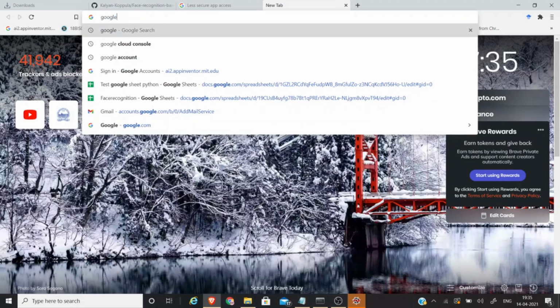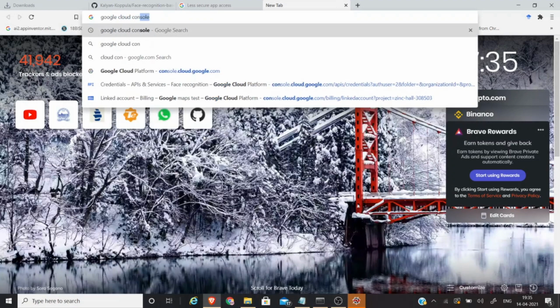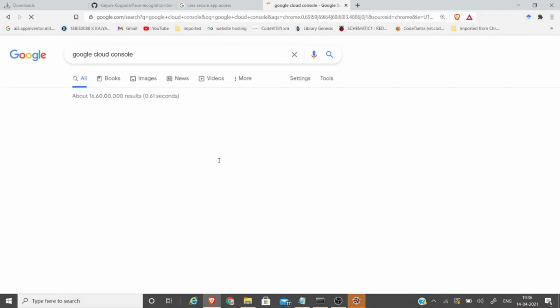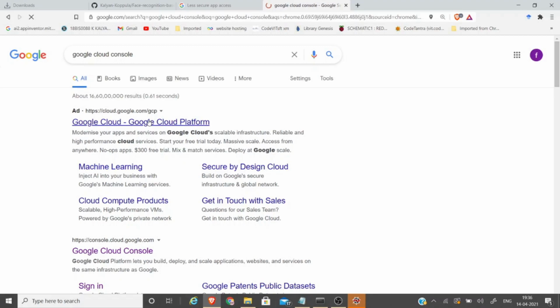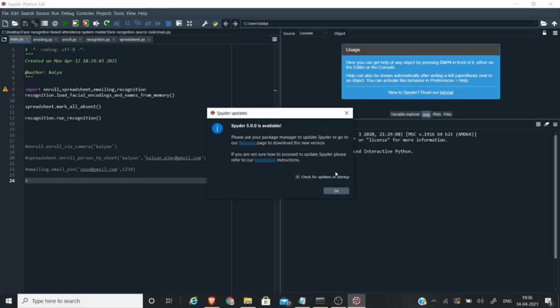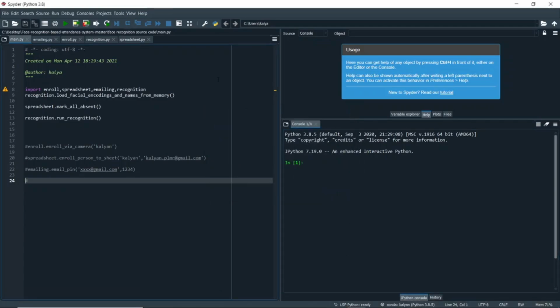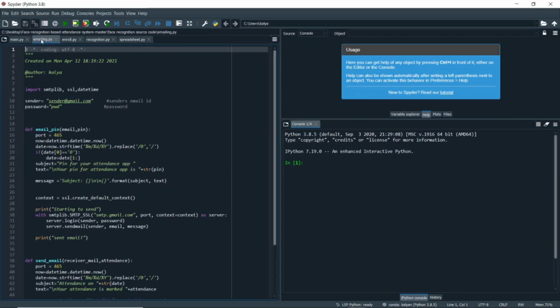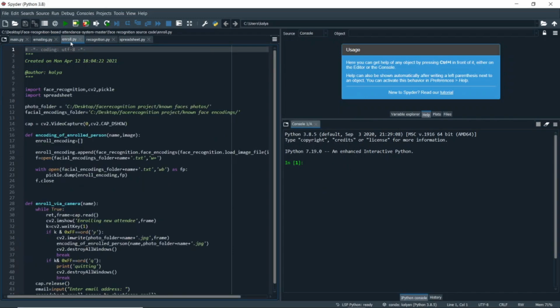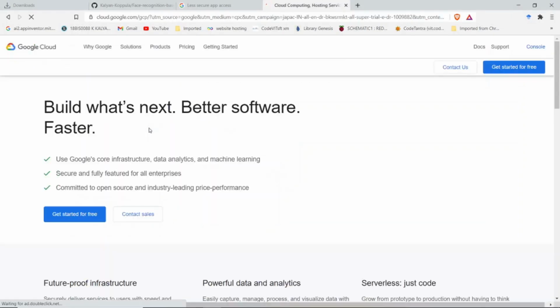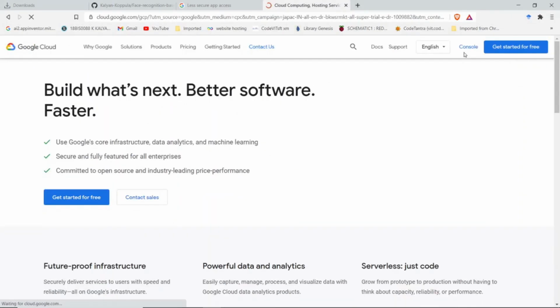Now go to Google Cloud Console. Click on the console tab.